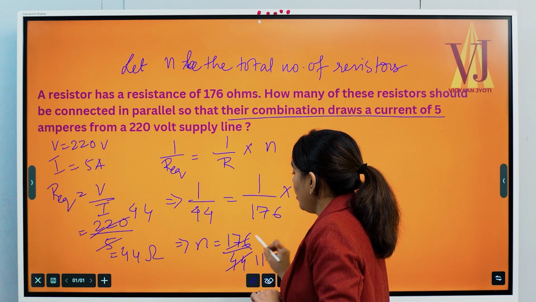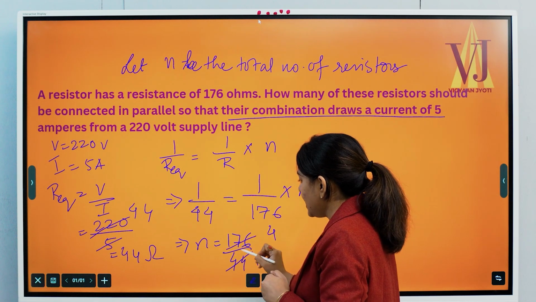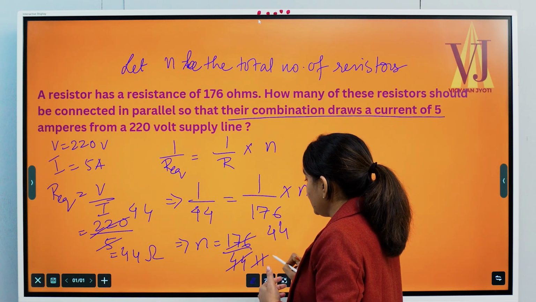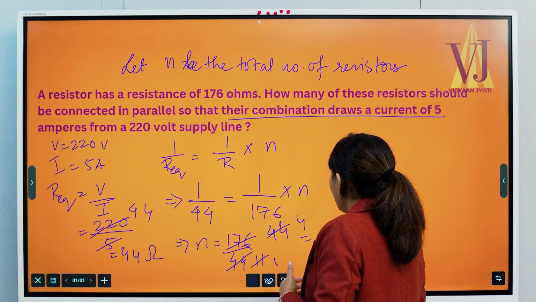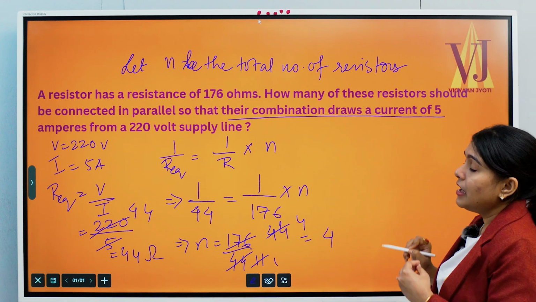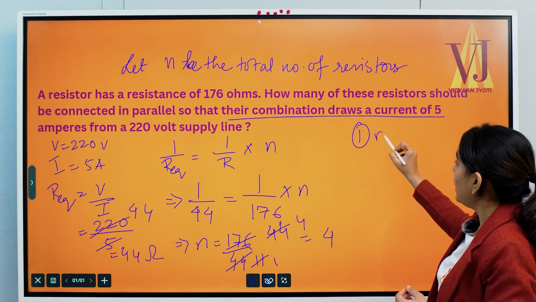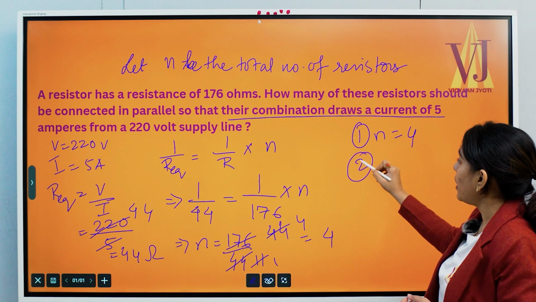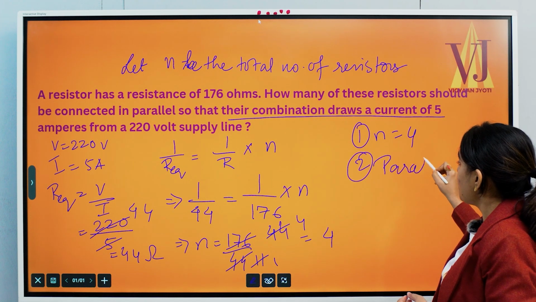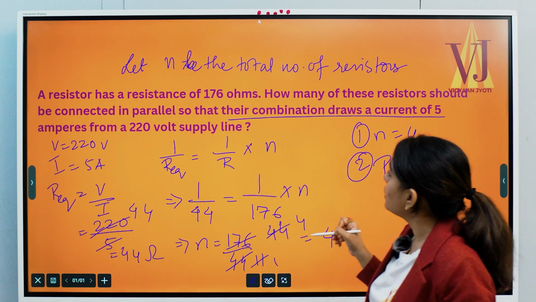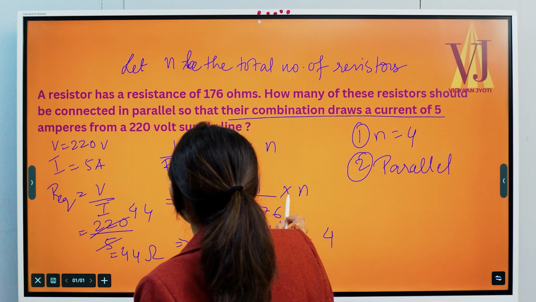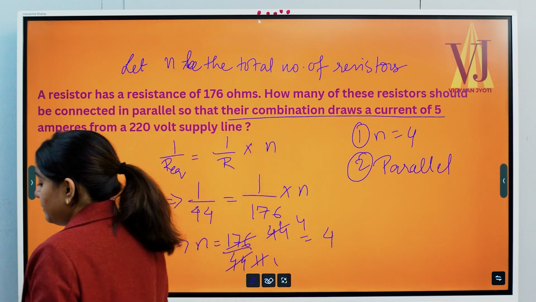4 fours are 16, 11 again 4 fours are 16, 11, so 4. So that means 4 such resistors we need. First of all, how many do we need? N equals 4. Second, what? They need to be connected in parallel. Anything else they want? One of these resistors should be connected in parallel. Yeah, that's all. Okay. Next,